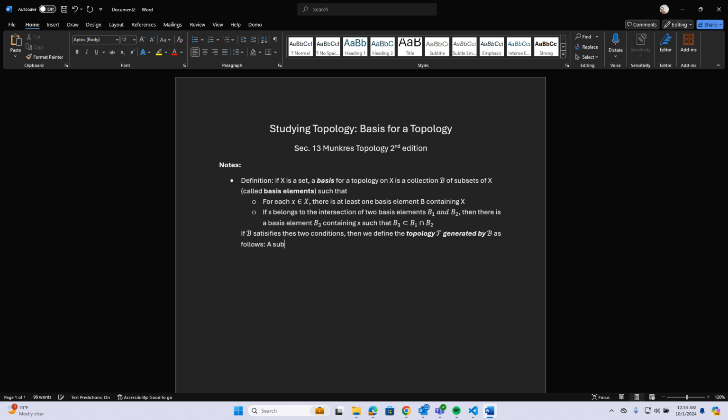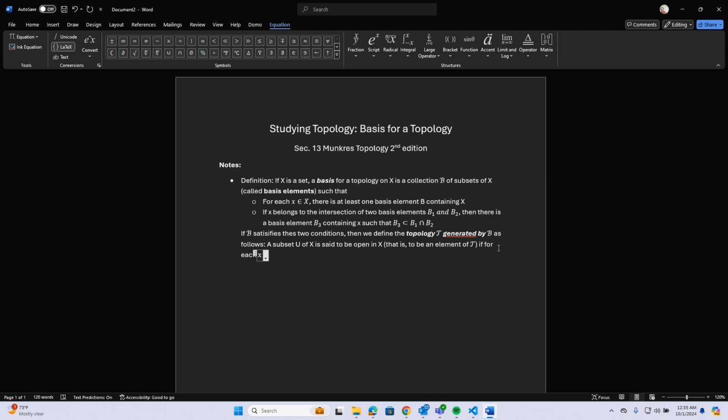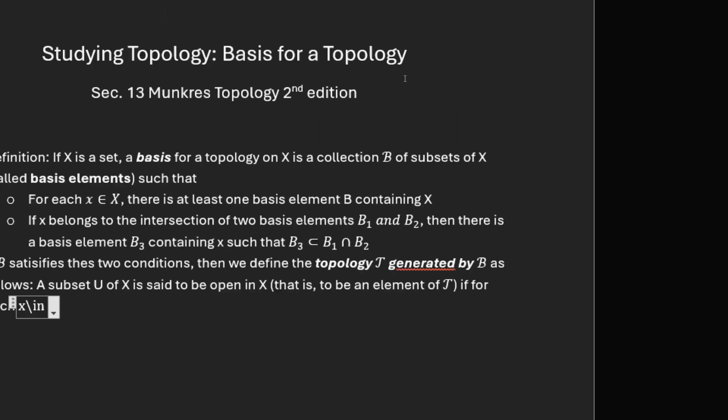A subset U of X is said to be open in X, which is to say an element of T, if for each x in U,